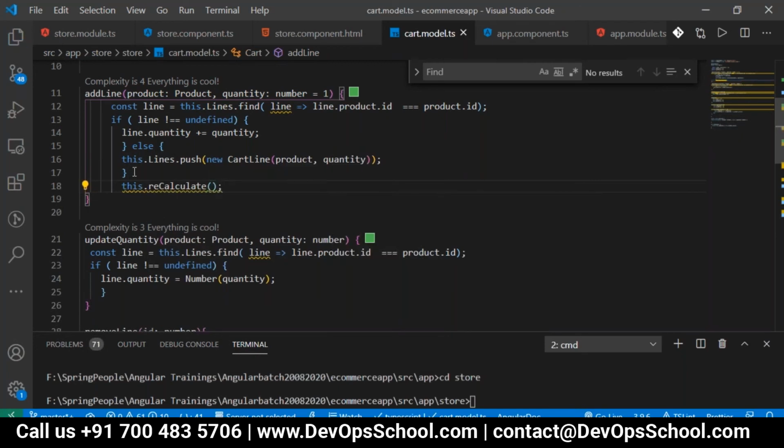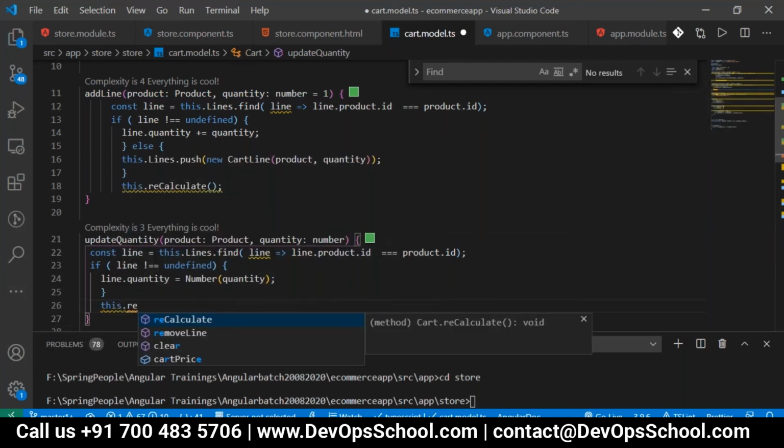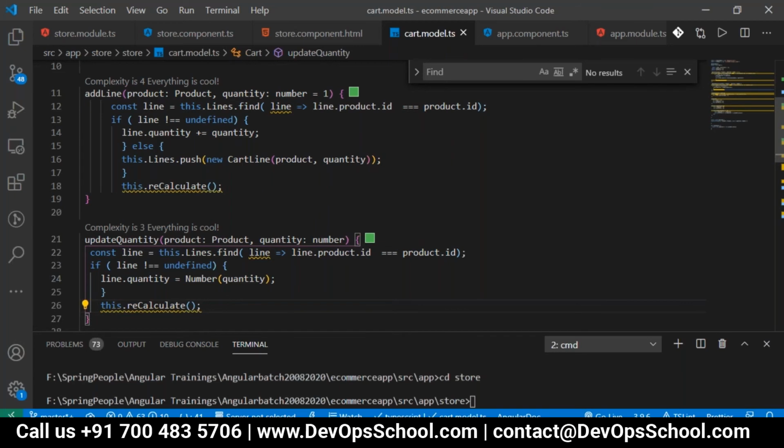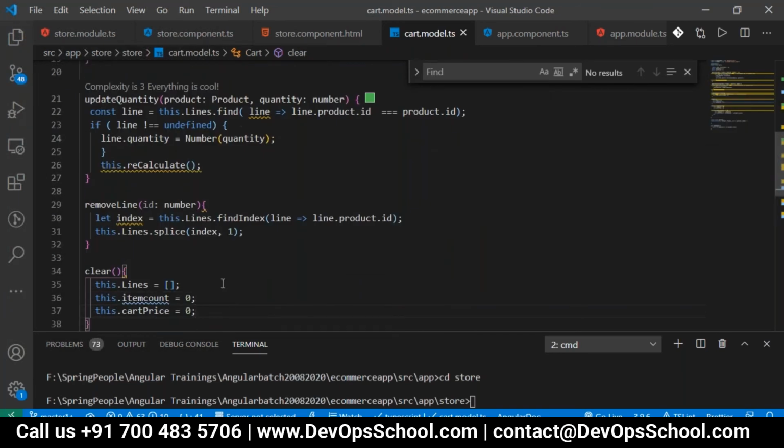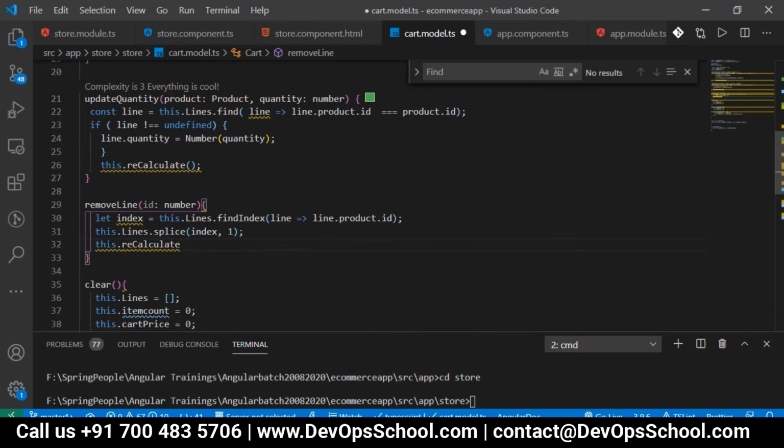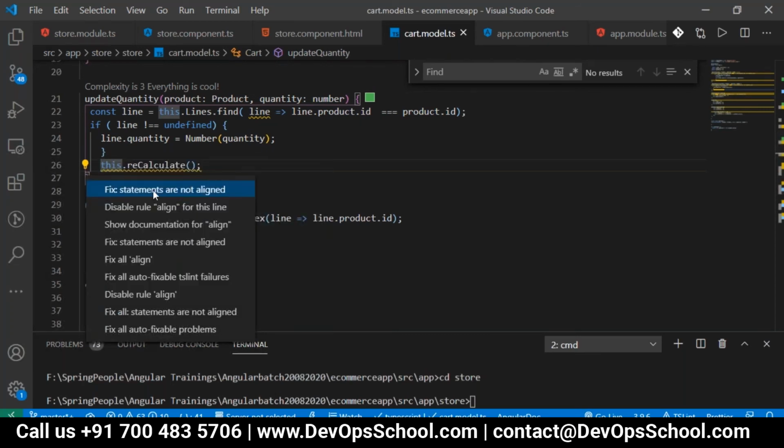So it will get the total number of products available in the cart and do the calculation. Same way, whenever you update a quantity, based on the updating of a quantity also, we have to call this, we are writing it here. Then whenever you remove the index, whenever you remove the product from the cart, at that time also the calculation should happen. So we are writing a calculation method as one and calling it in all other methods. So are you clear with this?